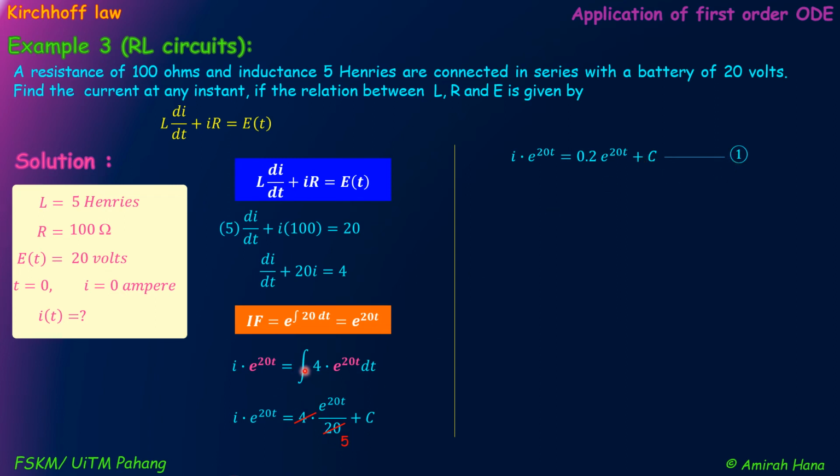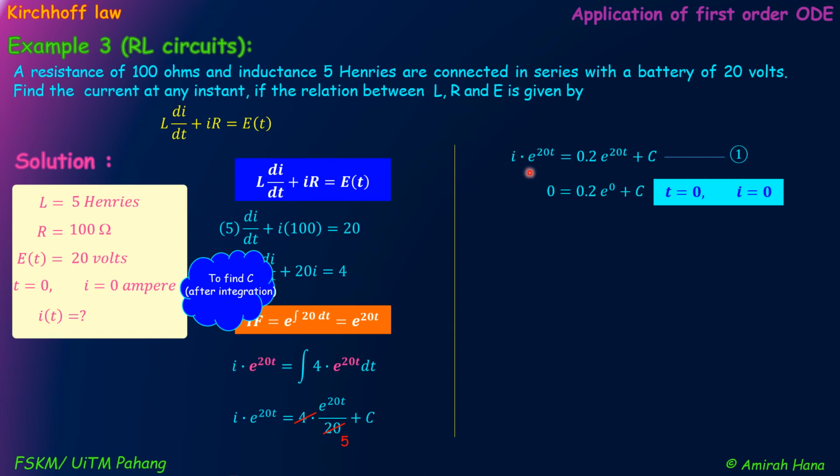Alright, so from here, after we integrate, we got plus c here, and to find the constant c, we can use this information, okay? When time equals 0, the current equals 0 ampere. So we can use this information to find the value of c, right? So from t equals 0 and I equals 0, after we substitute into equation 1, we get this, okay? 0 times any value equals 0, equals 0.2 e to the power of 0 plus c,